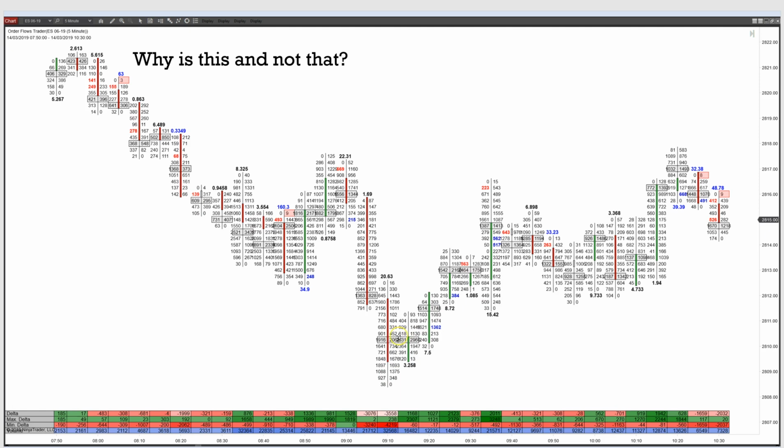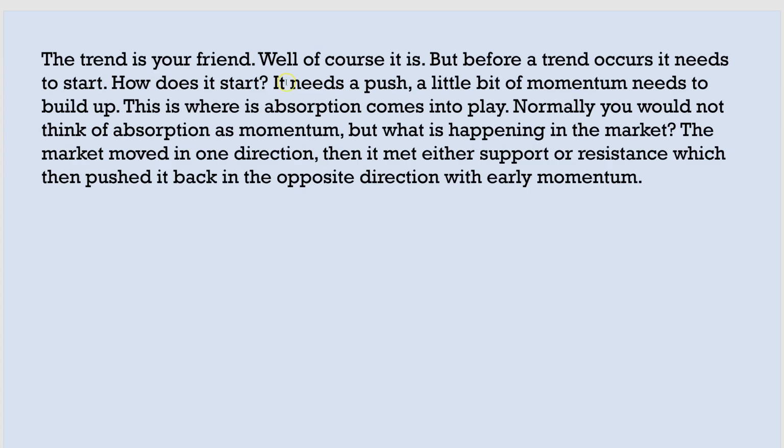I could deal with sideways. I could deal with cutting a trade at break even plus or minus a couple a lot easier than I can getting stopped out and taking a big loss on the trade. Sideways, it's frustrating, but if you got 2 out of 3 chances to make something on the trade, I'd rather take that. So again, the trend is your friend.